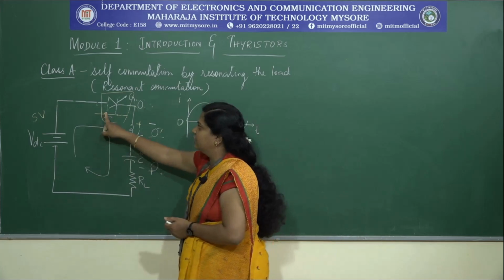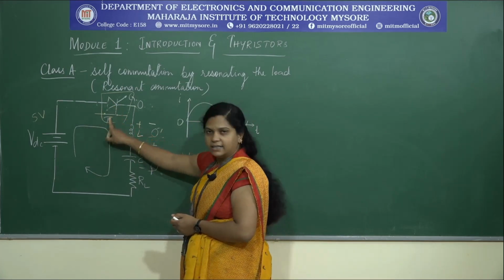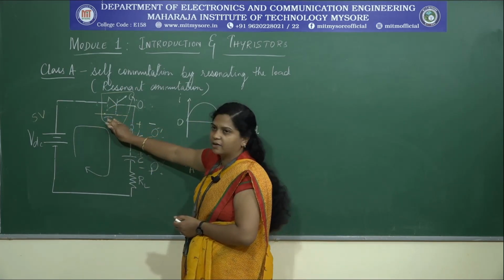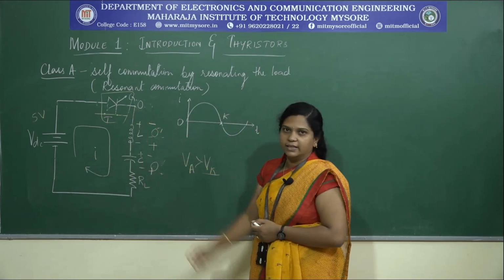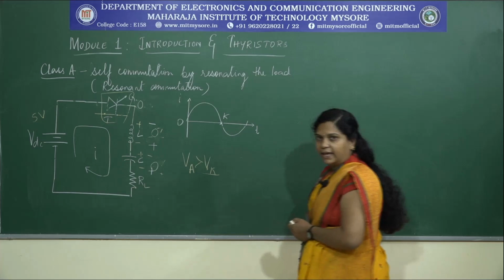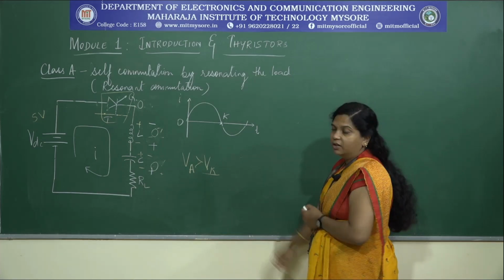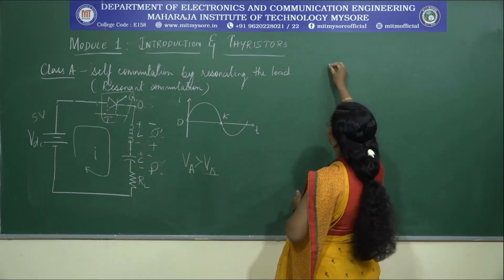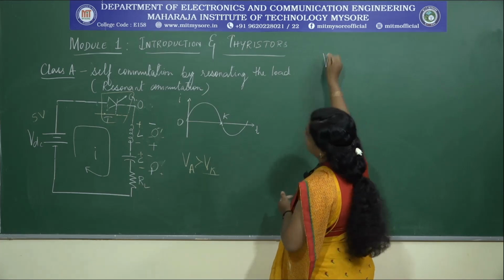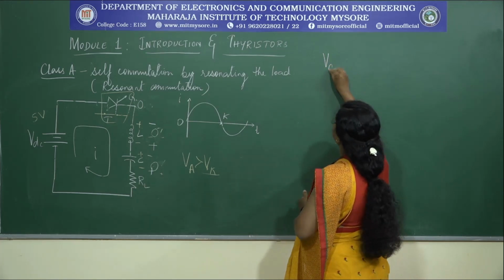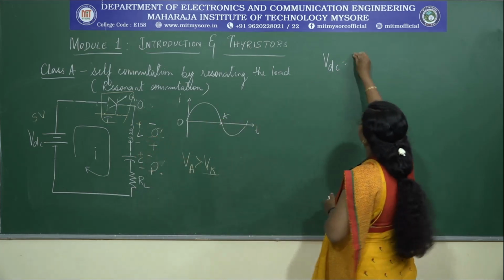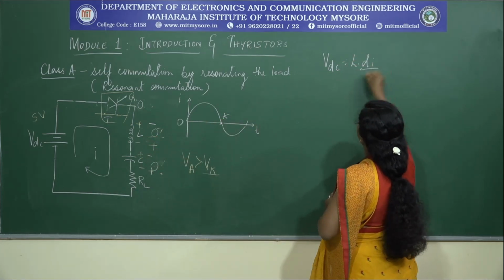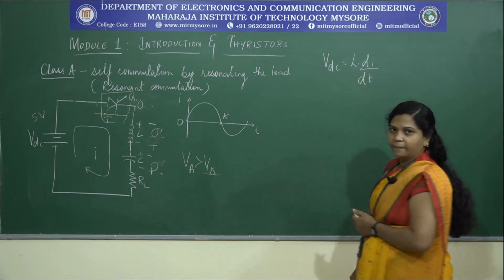Now we have the circuit. Let us assume that the thyristor is in its on state, so the switch is closed. So there will be a current I flowing in the circuit. Applying KVL to the circuit, what will be the equation of current? VDC is equal to, applying the KVL here, you will get